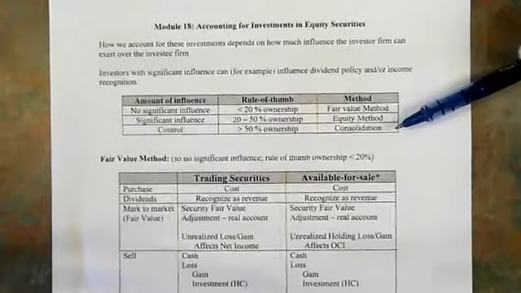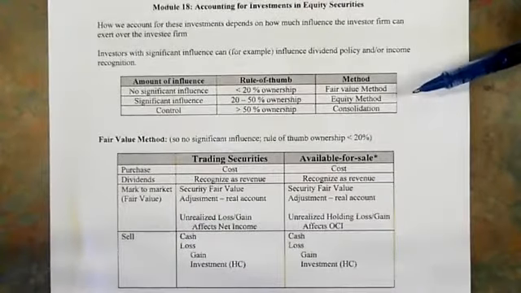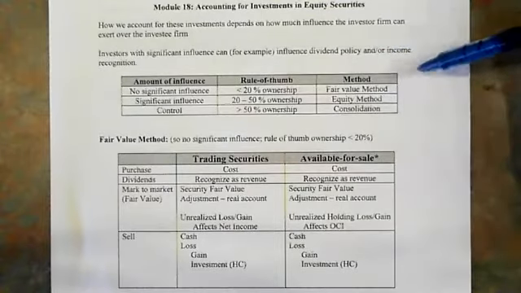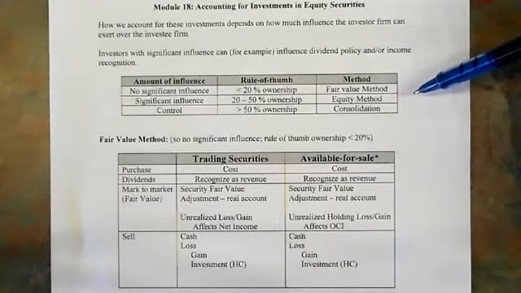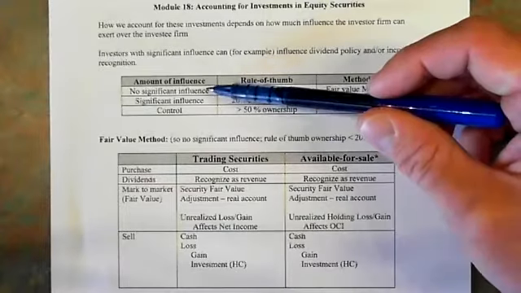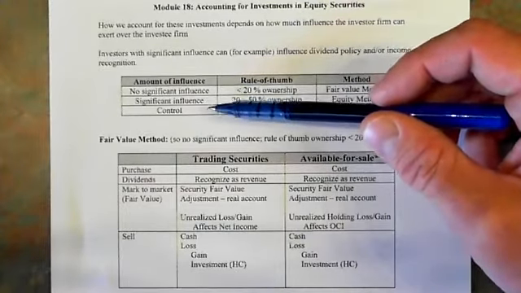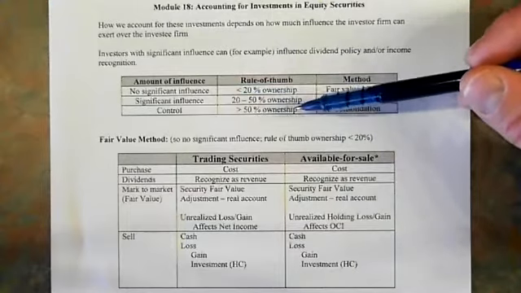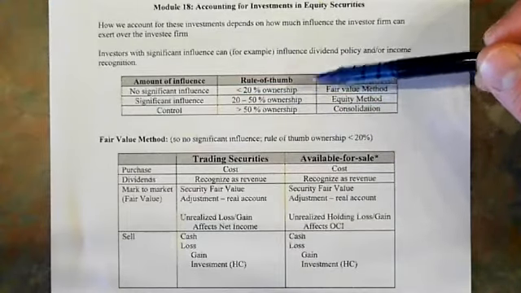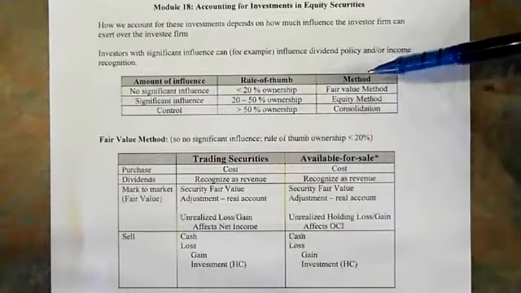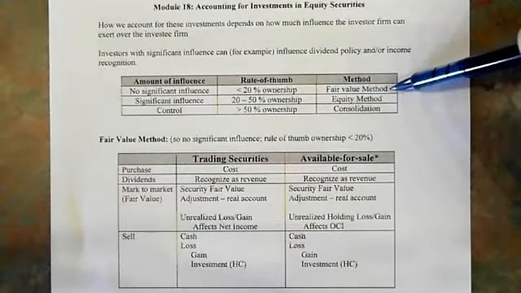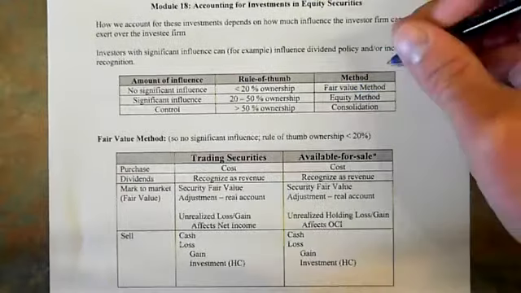But we do have a different sort of intrigue, if you will, when it comes to equity securities. We have accounting based on the influence of the amount of ownership. So we either have what we call no significant influence, or total control. And that depends on the percent ownership you have of the company. If you have less than 20% ownership of the company, we say that you do not have significant influence, and we tell you to use what we call the fair value method. Right? The fair value method is just based on